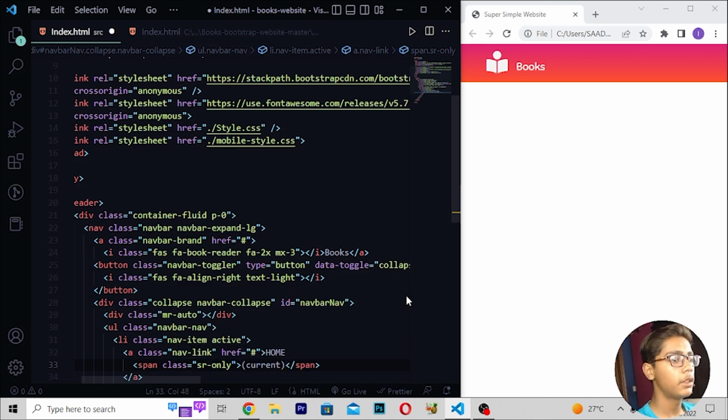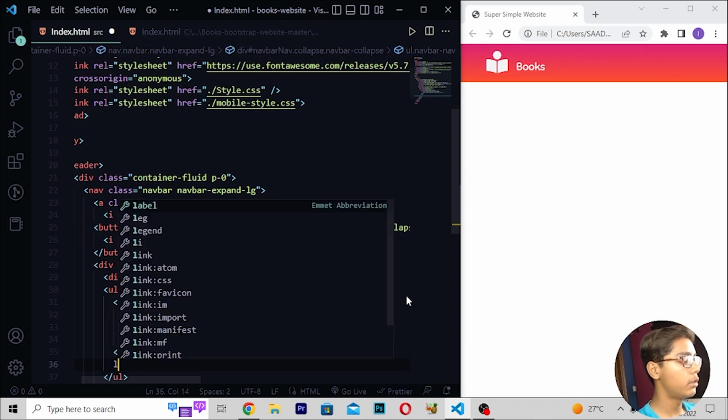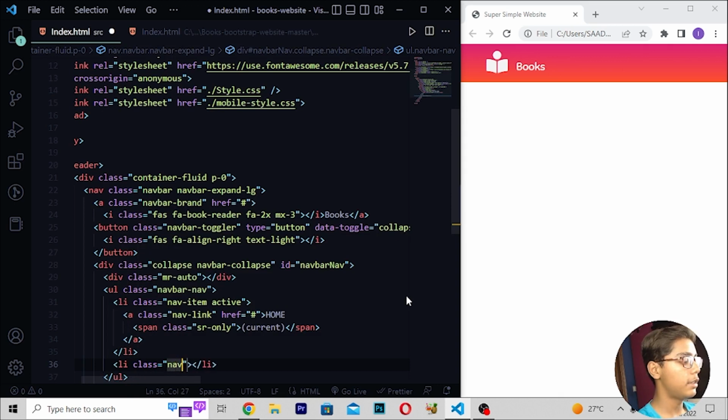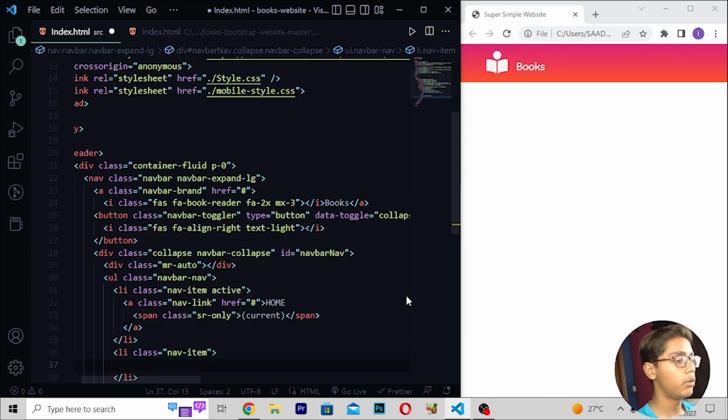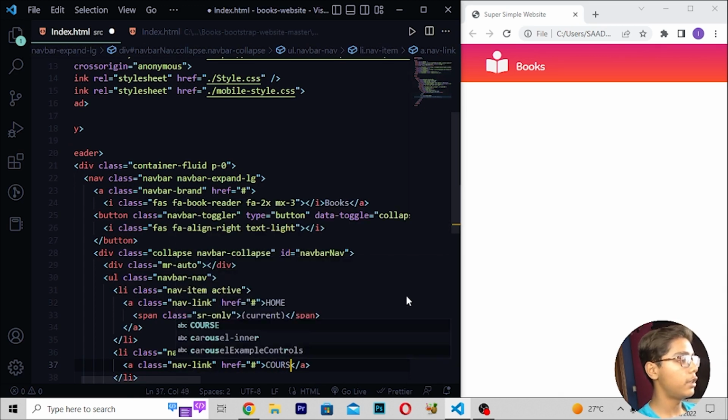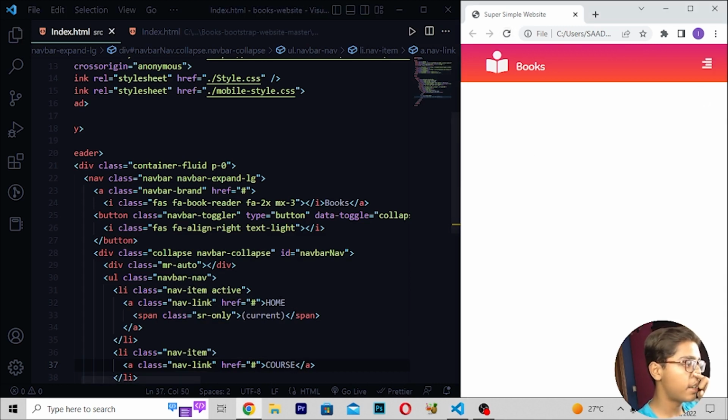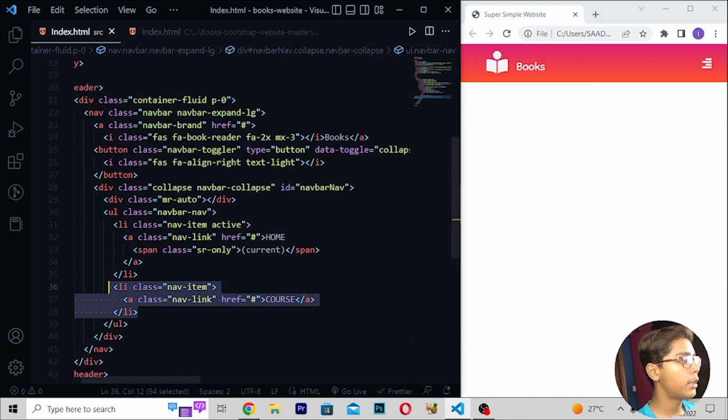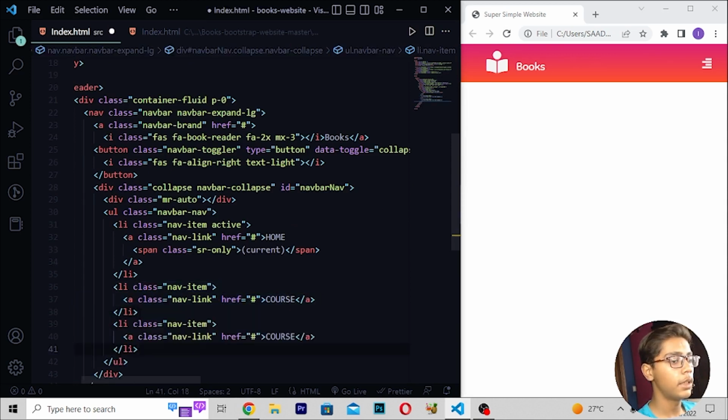Then close this. Here I will be moving down, right here li class nav-item. Then I'll be moving down, right here a tag, then class is equal to nav-link. Then I will be writing this hashtag, right here codes. Then you have to save this, reload, and you can see we are getting all this. Now when you are getting this, here I will be copying this, then you have to paste this, and then you have to do one thing. Here I will be moving right here price.